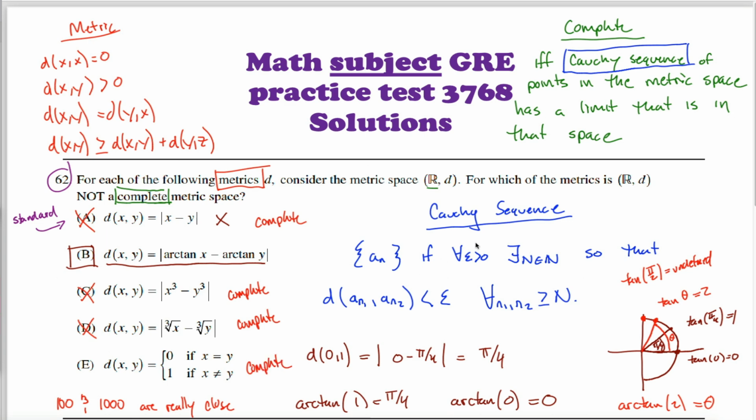Well, what would a Cauchy sequence look like under this notion of distance? Maybe you choose epsilon to be equal to 1/2. That means there's a point in this sequence where all the numbers after that point are within 1/2 of each other. But the distance between points in that sequence are either 0 or 1, so the only way they're less than 1/2 is if they're equal to 0. But if they're equal to 0, that means they're the same number. So there's some point in the sequence after which the sequence becomes constant. But if the sequence becomes constant, then the limit of that sequence is that constant value. We know that constant value is a real number, therefore the limit must be a real number, therefore this space must be complete.